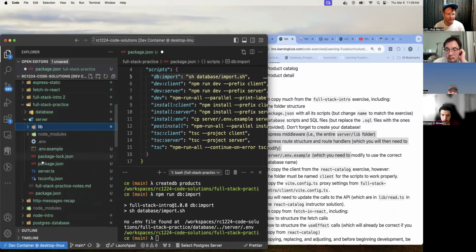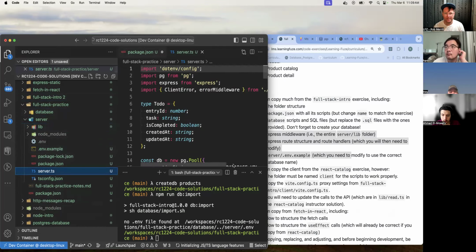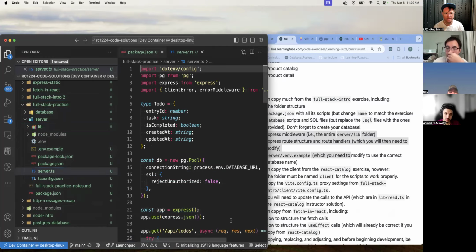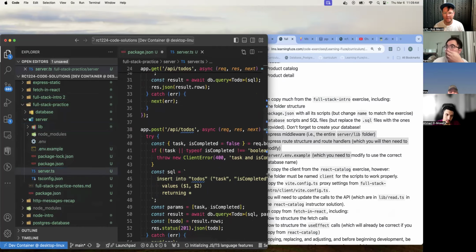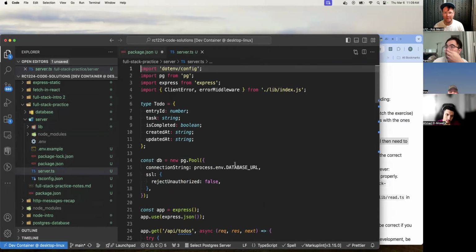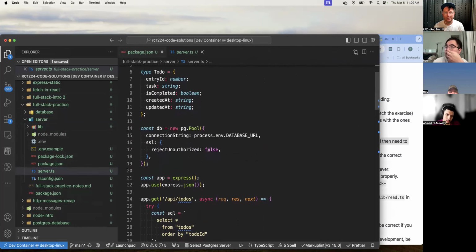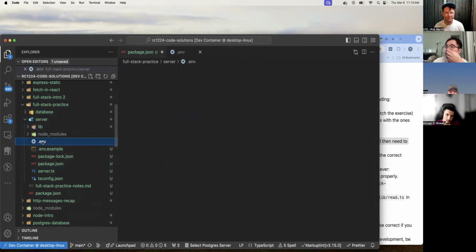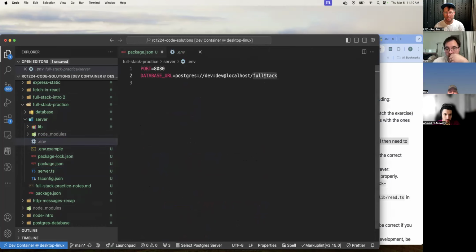So that's all good. And then for server.ts, we basically want to make sure that you are connecting to your database URL, which we'll have to set in the .env. This is really crucial on the server side: you want to connect to your products table. So when I ran this command,